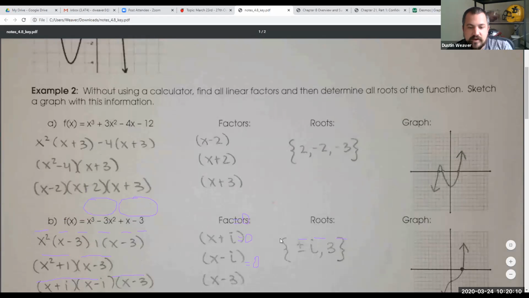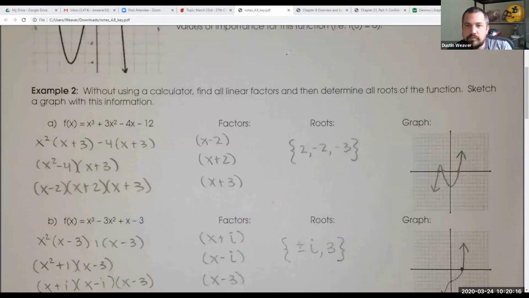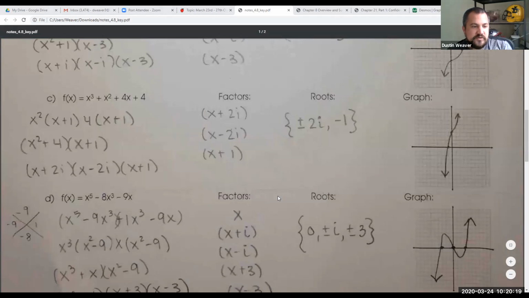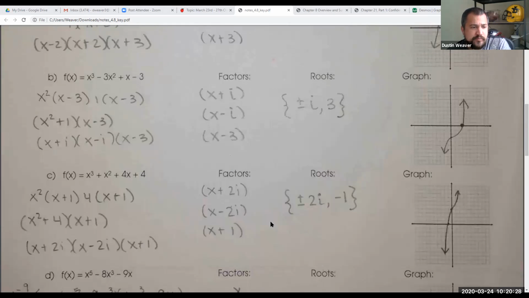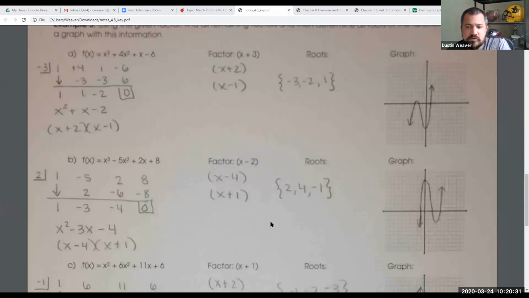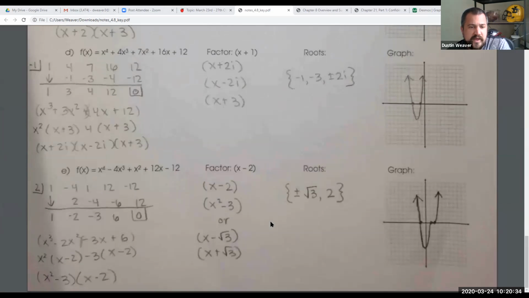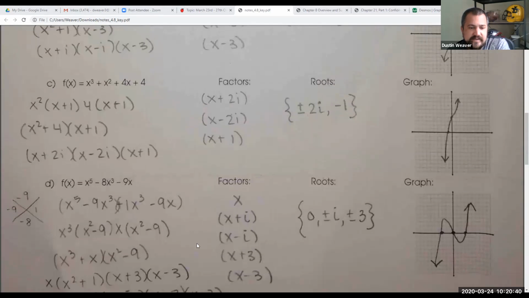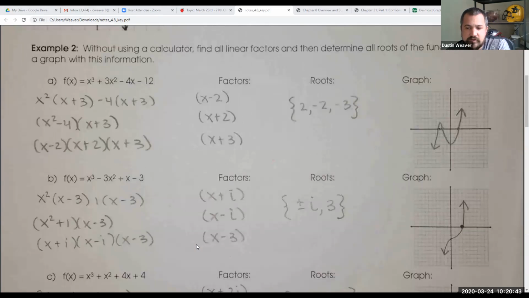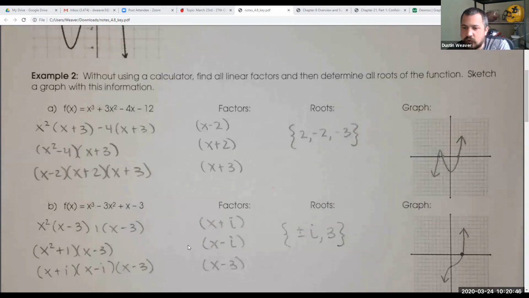So let me erase some of this that I annotated here, and we'll move on to part B and C of example 2 and D. It goes a lot further. I'm going to let you mark off example C and D there. So if you want to just mark those off on page 1, and then we're going to mark off a couple on page 2 also. So if you'll cancel out C and D from the first page, we're not going to go through those 2 just because we'll already have 2 full examples, for time. So mark off C and D in example 2.